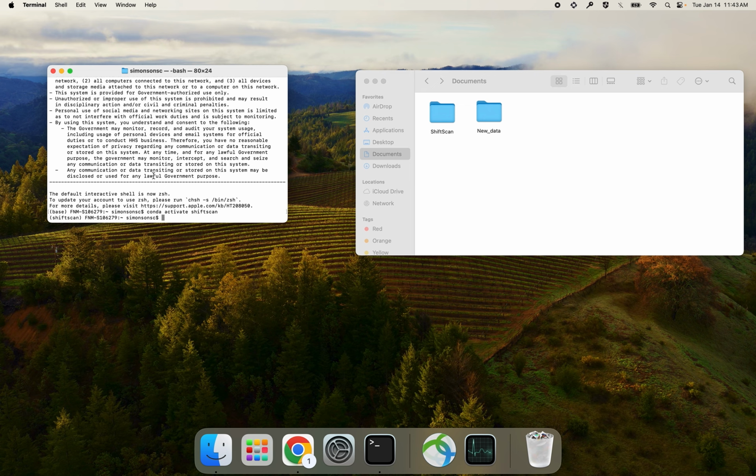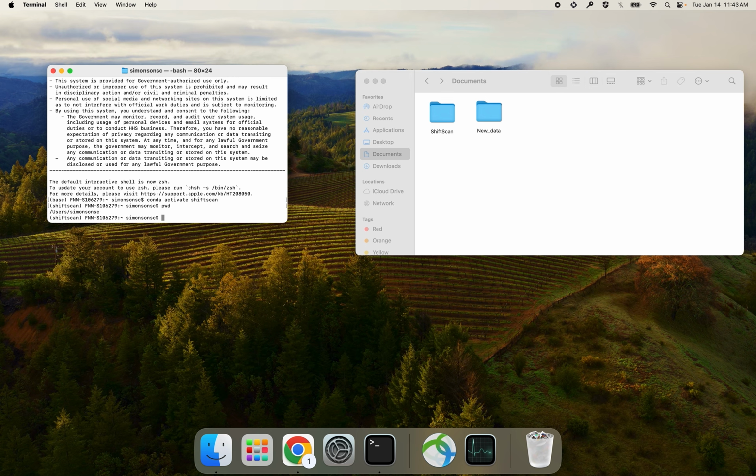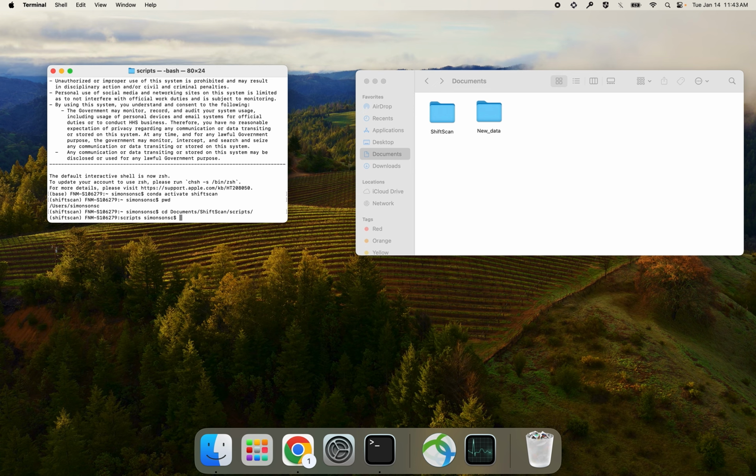And here again, we're sitting in our user profile. We don't have anything there. We want to move into documents, where we kept our ShiftScan, and then scripts. So this is where we're going to be running ShiftScan out of. In this case, I'm not actually going to run it because we don't have anything in these folders. But what I would do is say Python 3